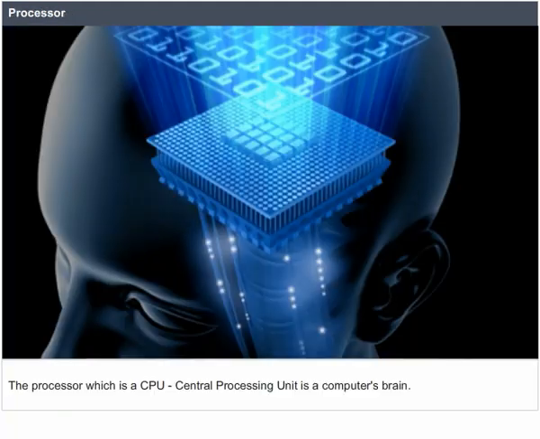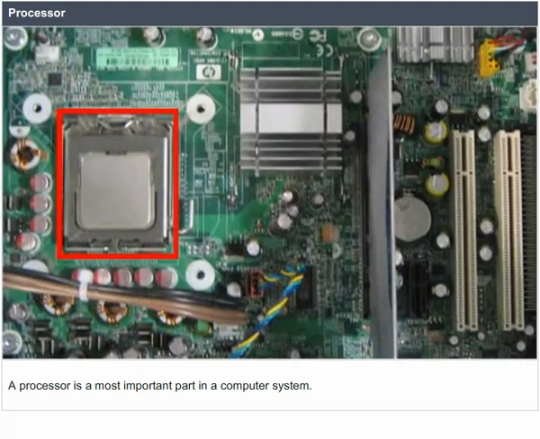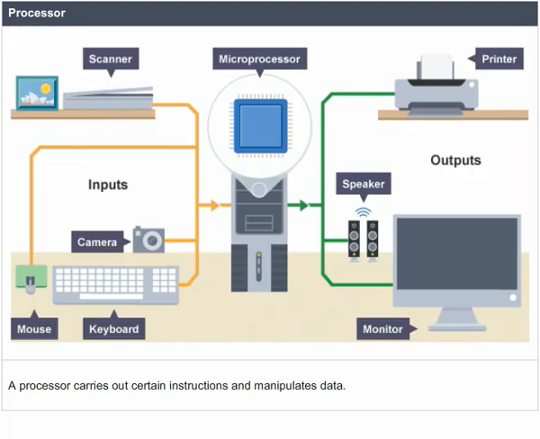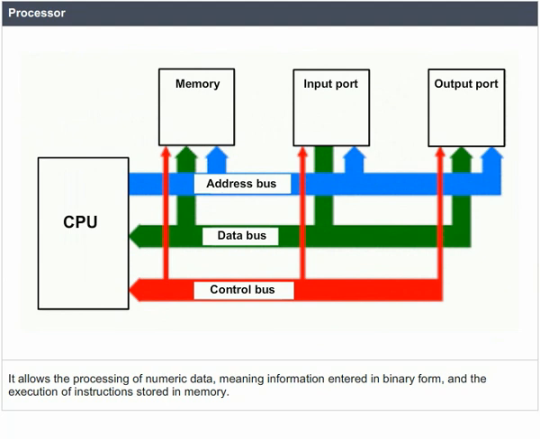Processor. The processor, which is a CPU, central processing unit, is a computer's brain. A processor is the most important part in a computer system. A processor carries out certain instructions and manipulates data. It allows the processing of numeric data, meaning information entered in binary form, and the execution of instructions stored in